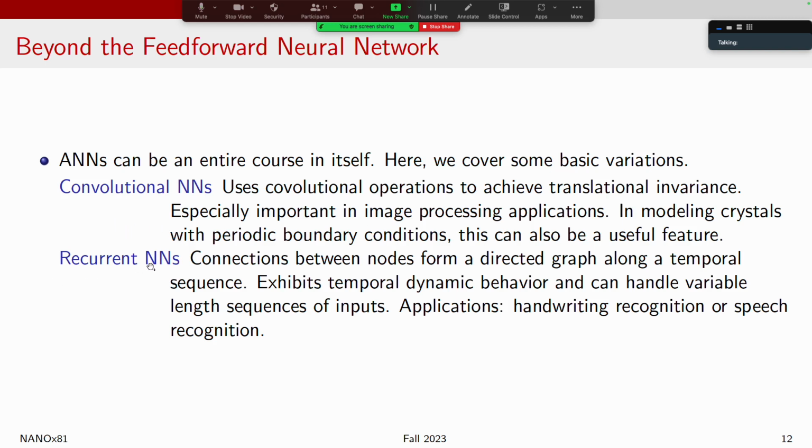applications. There are also what are called recurrent neural networks. In this case, the connections between the nodes form a directed graph along a temporal sequence, right? So this allows the model to model temporal dynamic behavior, and it can also handle variable length sequences of inputs. A classic example of where recurrent neural networks can be useful are things like handwriting recognition or speech